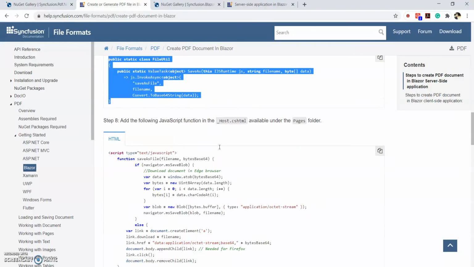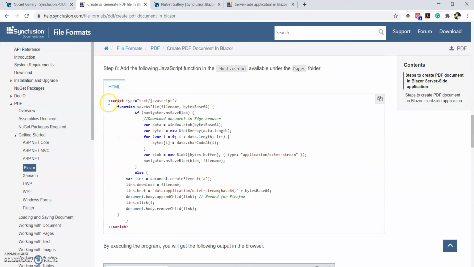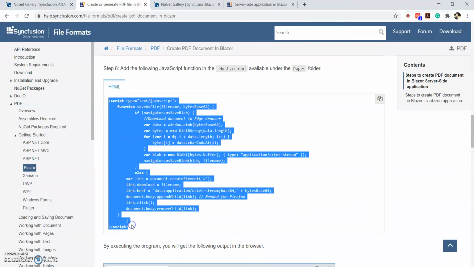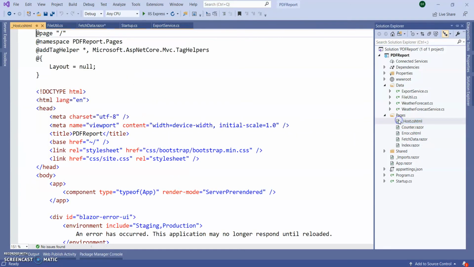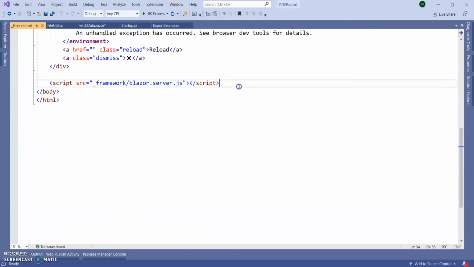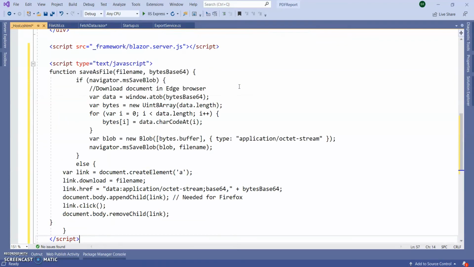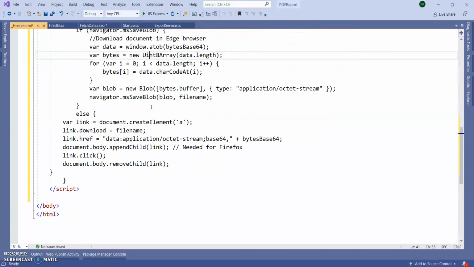Done. Next, we need to add this script inside our _Host.cshtml, or we can create a JavaScript file and call that method. I'm going directly to the Pages folder, _Host.cshtml. After loading the Blazor framework JavaScript, I'm calling this one.